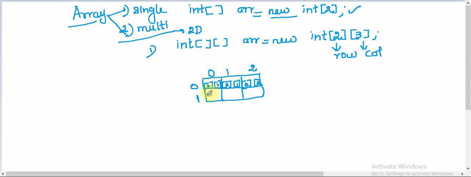And this place will be indexed by first row, 0th column, and this is again first row, first column. This is first row, second column, right? So this is how a two-dimension array of size 2 rows and 3 columns will be created. So this is a way of creating with the new keyword.